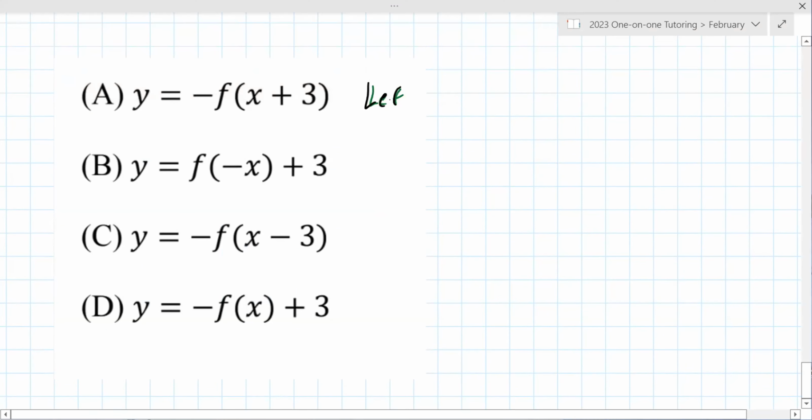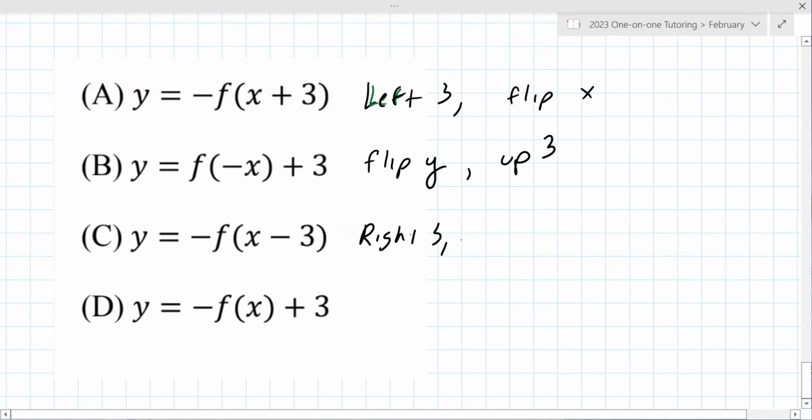Because it's opposite of what you might think. Left 3, and then flip x. B is flip y because it's inside parentheses, and then up 3. C is right 3, flip X over the X-axis because that's out in front. And this right here is